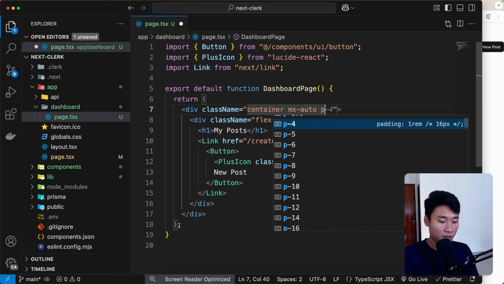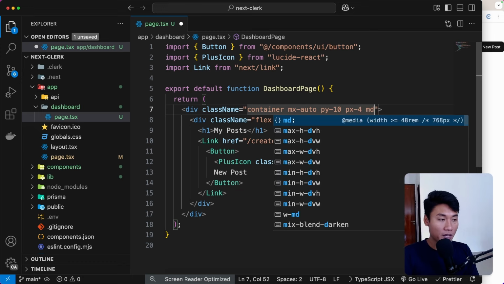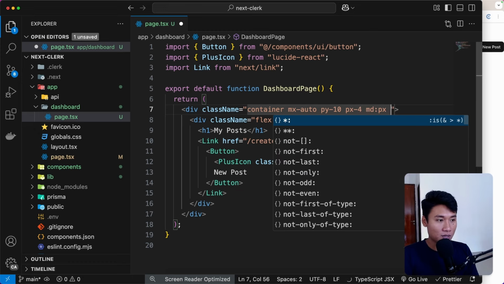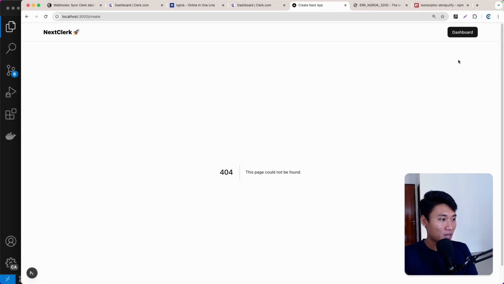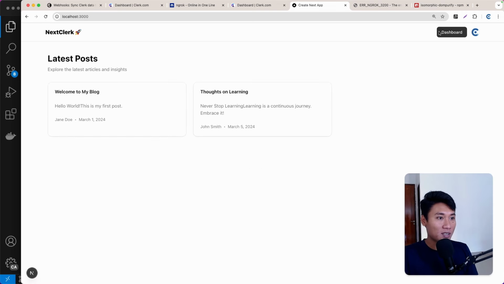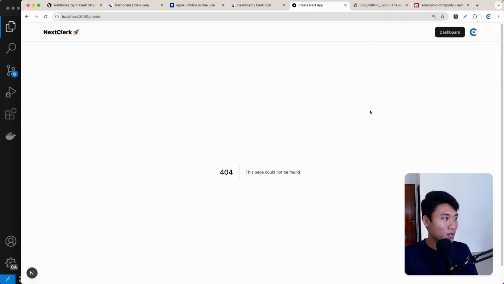Also, let's add padding Y to 10 and also padding X to 4. For the medium, I'm going to say padding X to 6. Okay, nice. I'm not working with the dashboard right now. I'm going to work with a create post form. So let me go back, click dashboard, create, and when I click new post, okay, we're on the create